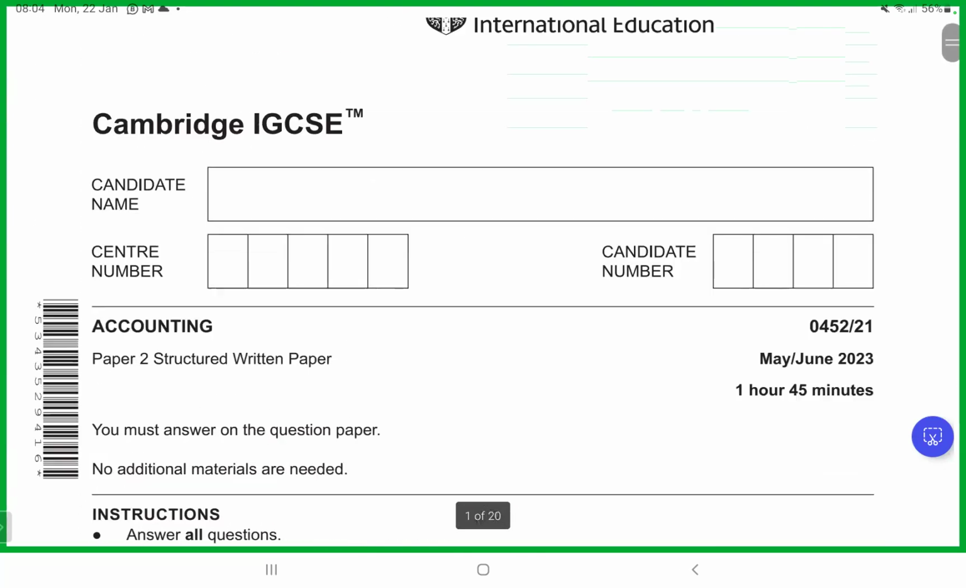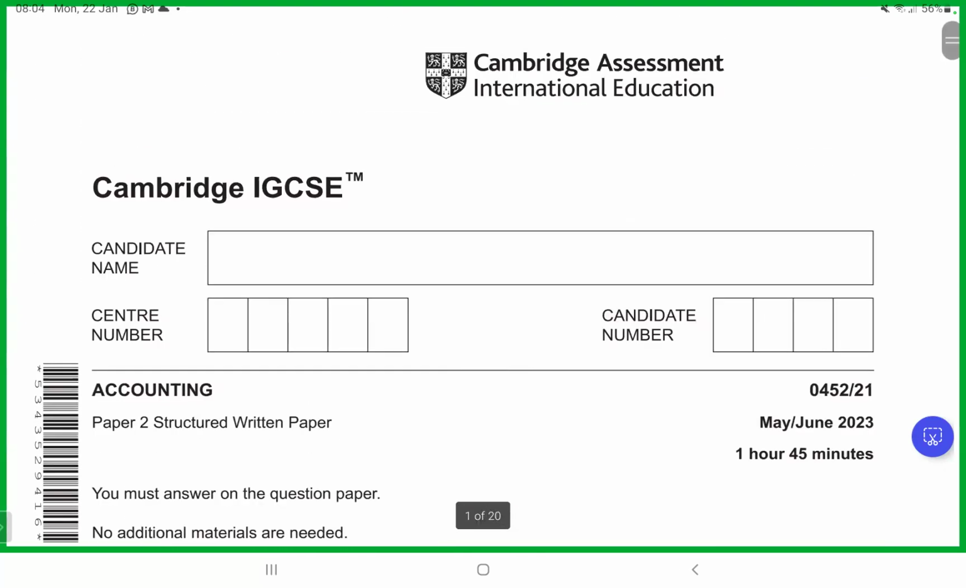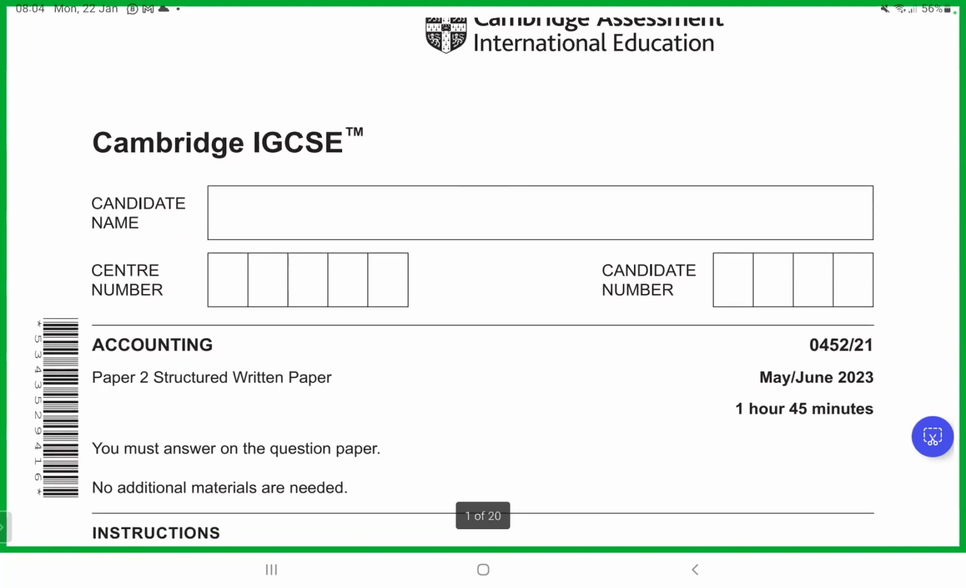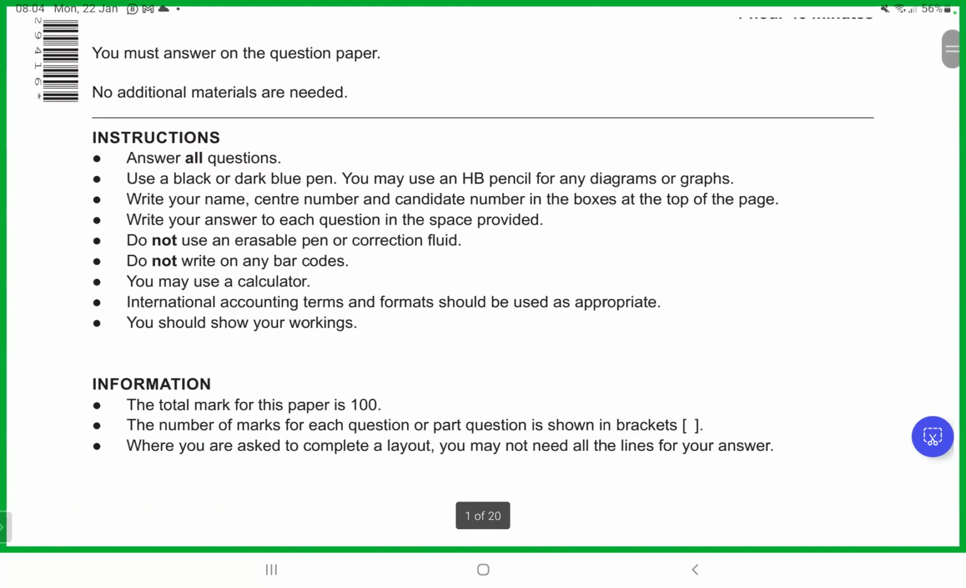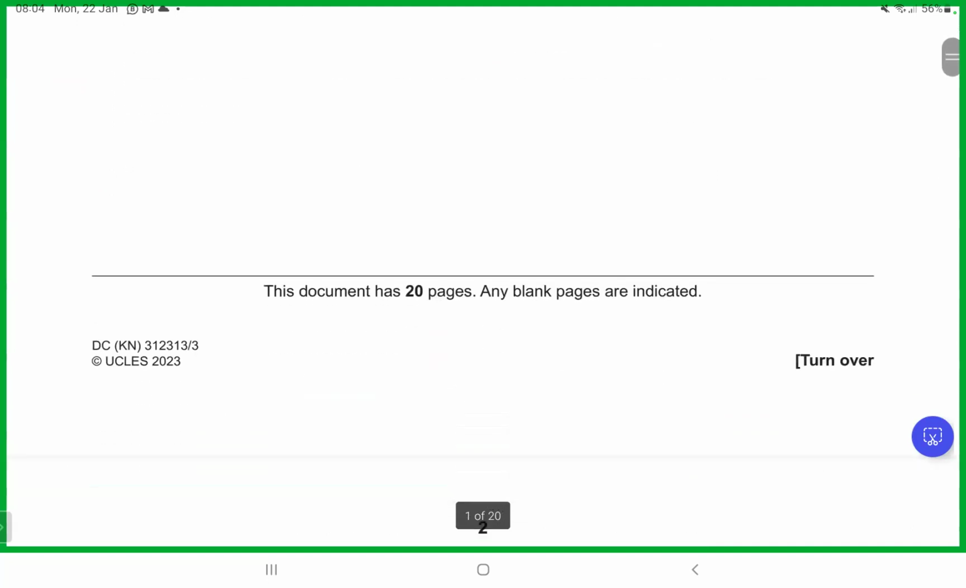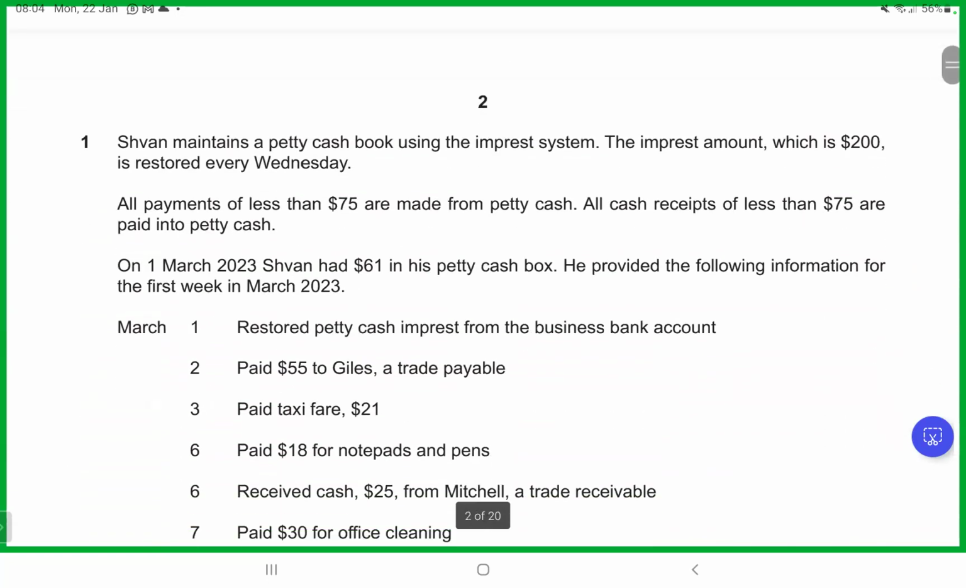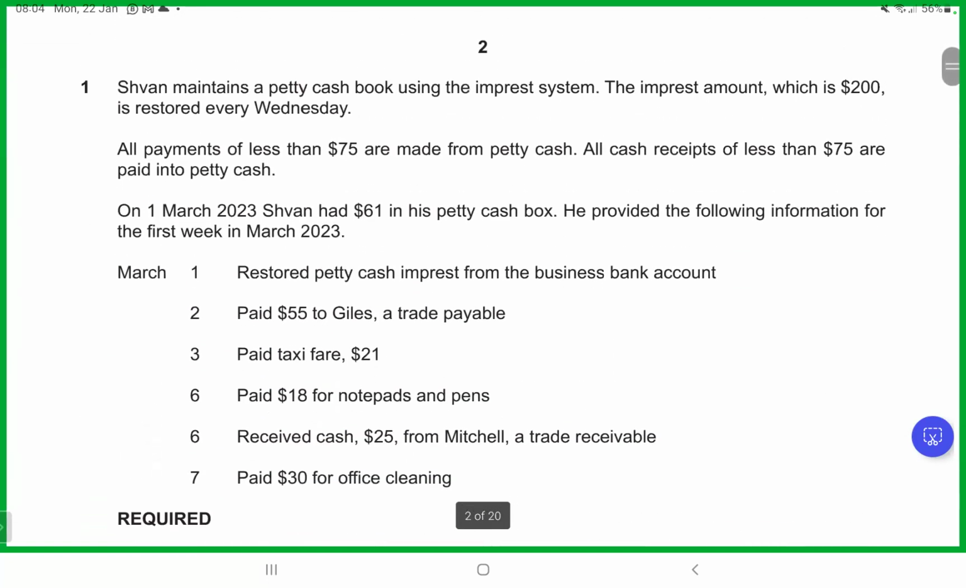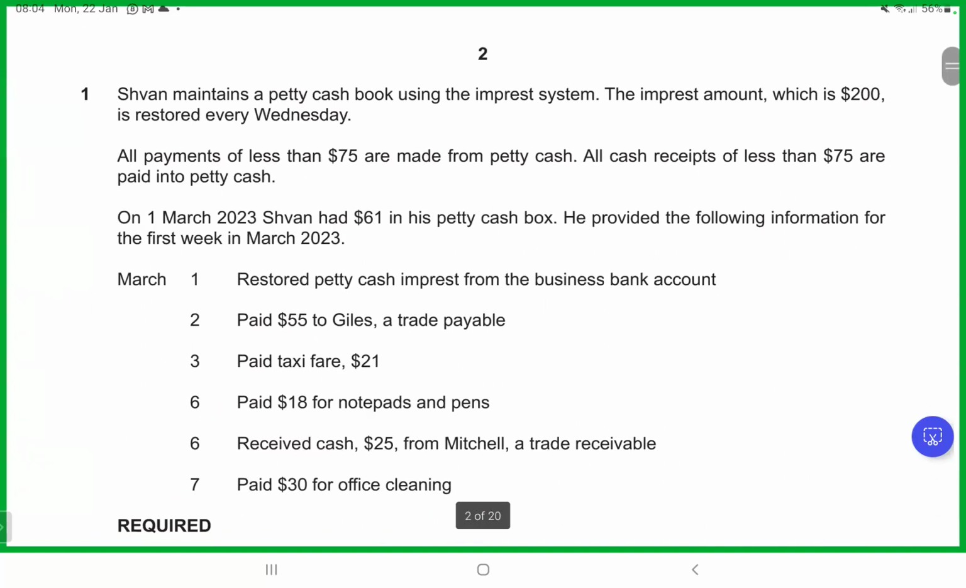As you have seen, this is a screen, and this is Cambridge IGCSE. So these are not self-made questions. These are questions that you expect to find in an exam. And let's read out the question. It says,